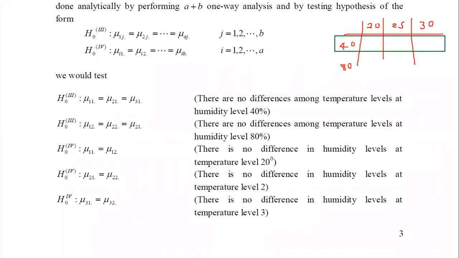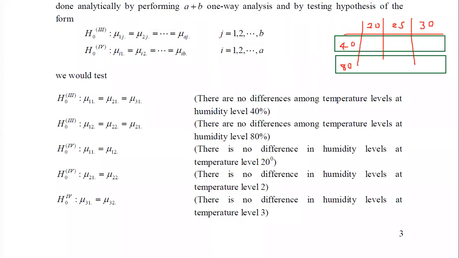It means that we are going to consider the temperatures, whether there is any effect from the temperature at the humidity level 40 is the first hypothesis we are considering, and in the second hypothesis we redo it for the temperature level, humidity level of 80. This is how we are performing if there is an existence of interaction. Then we have done it for the first factor.